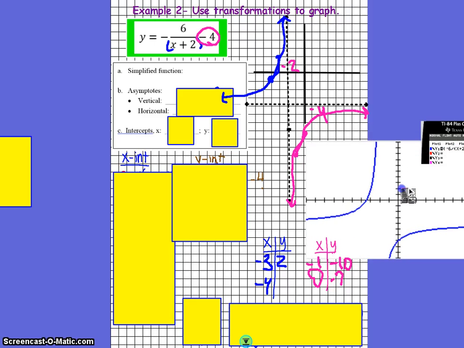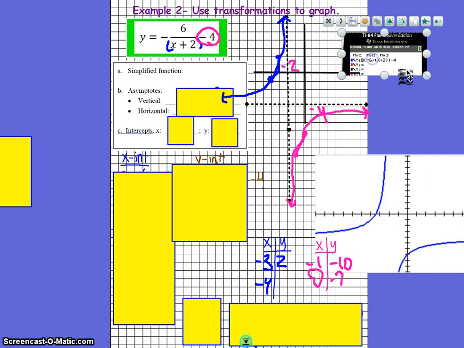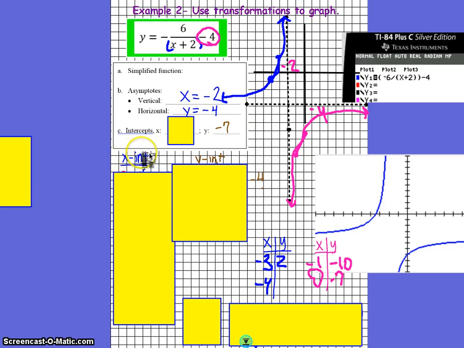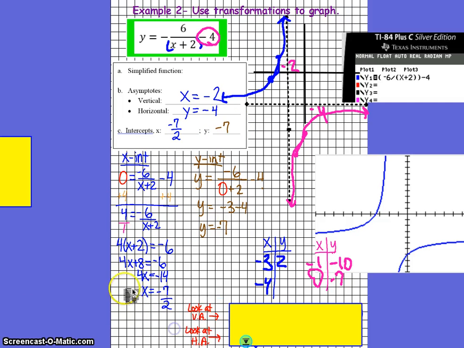Okay, so our nice pretty version is right here. And we see that we have a vertical asymptote at negative 2, horizontal asymptote at negative 4. Make sure you know how to type this into your calculator to check your answer. Be very careful with your parentheses. Let's check the rest of our answers. We know that we can find the x and y intercepts. There's the work for it so that you can check your